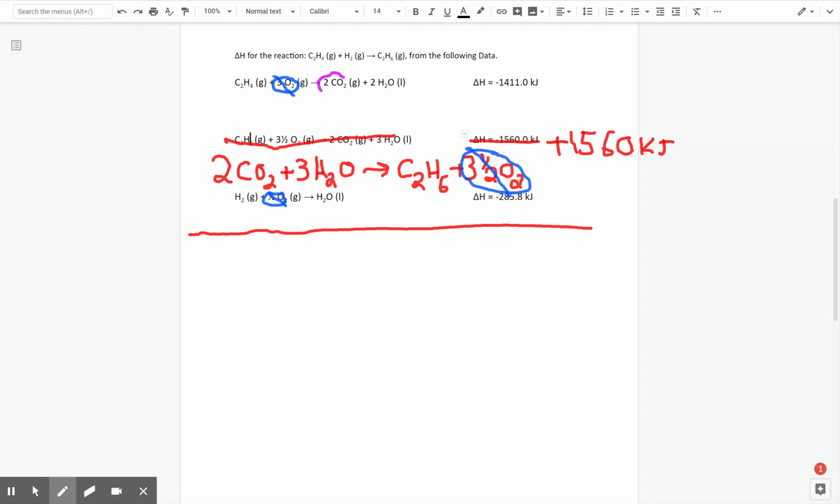For CO2s, we have 2 CO2s as a product, 2 CO2s as a reactant. They get canceled out. And then finally, we have our 2 water molecules as a product, with our 1 water molecule here as a product, 3 water molecules here as a reactant. They get canceled out. So now the only things we're left with is our C2H4